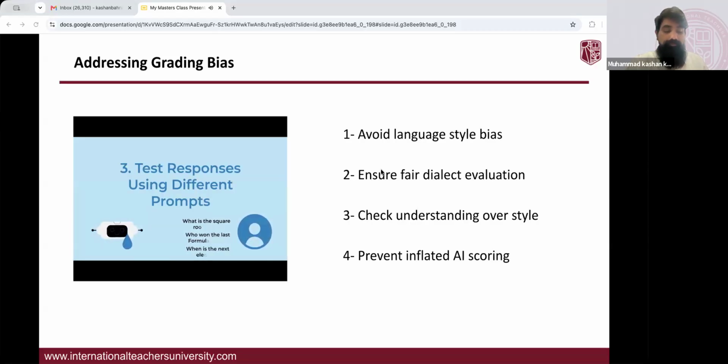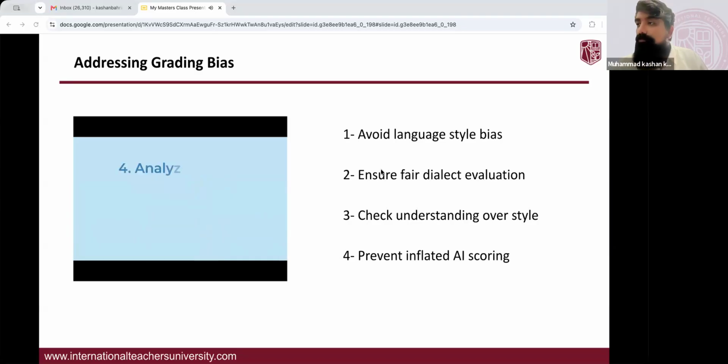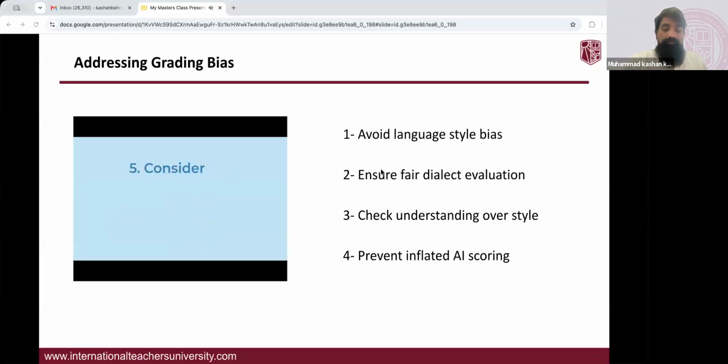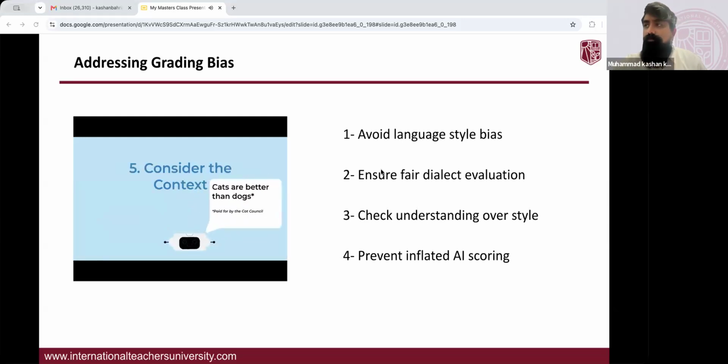or errors in data. Number four, errors in AI can also be identified by analyzing the output or results of the model. For example, if a chatbot repeatedly gives incorrect responses or answers that don't make sense, then there may be an error in the model's programming. Number five, consider the context in which the chatbot was developed and is currently being used. Some chatbots may be designed to promote a particular agenda, perspective, or field, and this can lead to bias in